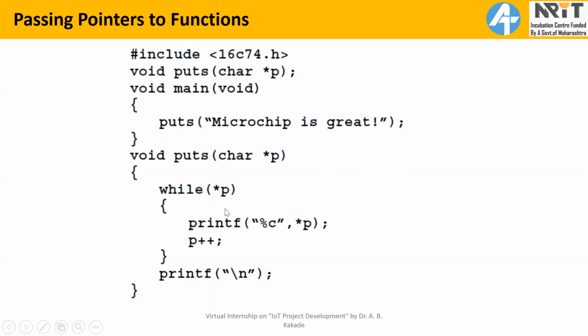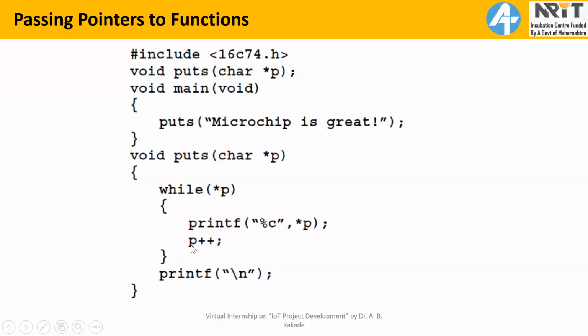So when we use this type of pointer, the advantage is the number of characters in the string can be random. Now inside the while loop, which function is used here? Printf. And in this printf function, we require individual characters, one character accessed at a time. For example, during the first iteration of the while loop, your pointer p is pointing to the first character, that is m. With this star p instruction, we pass the first character m to the printf function, and it will be printed.